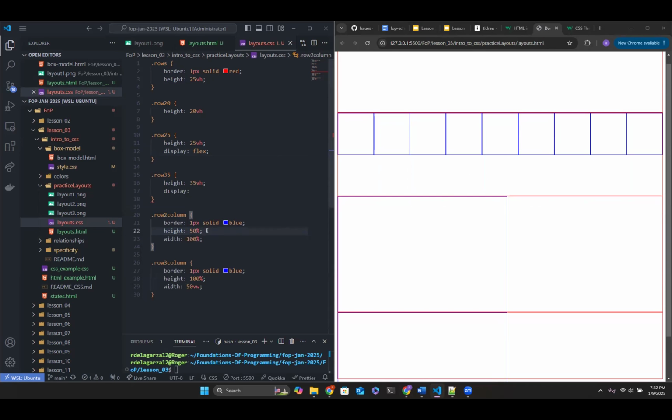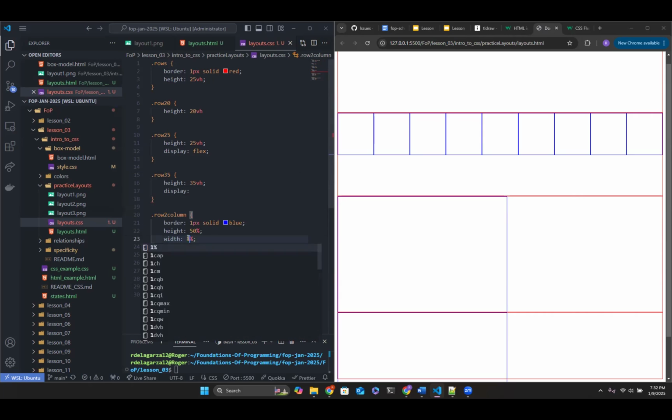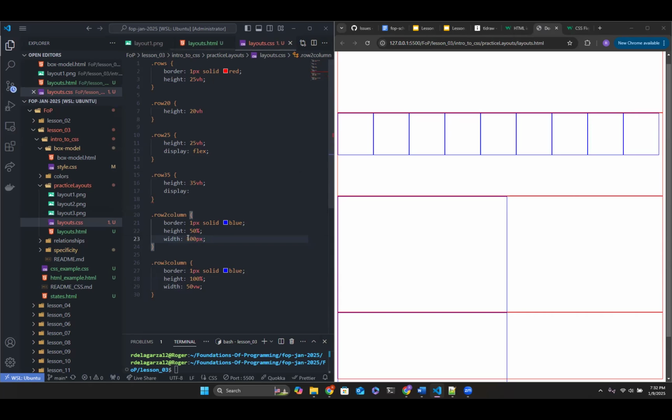50. And then I want the width to be very specific. Let's say 100 pixels. Go with 200 pixels.